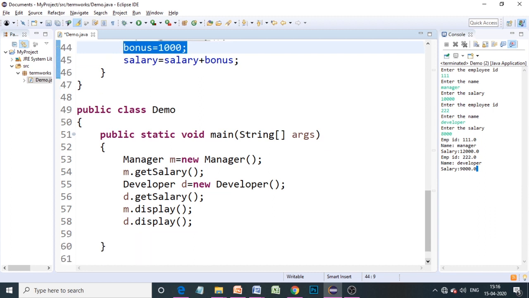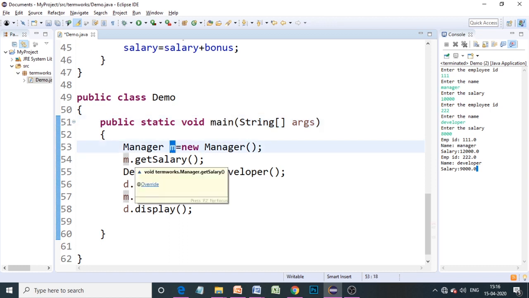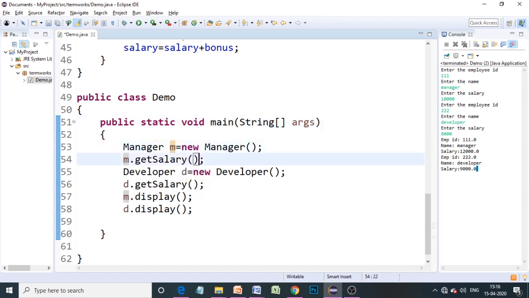And the last point in this is we have the main method here. In the main method we are actually creating the objects of the manager and the developer class, that is M and D respectively, and then we are calling this get salary. So when I call this get salary, it will not call the get salary method of the employee class directly. It will go to the get salary of the manager class.